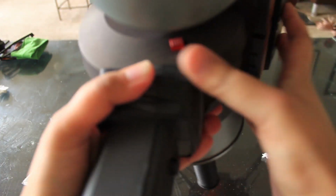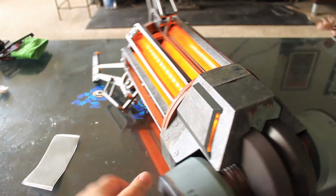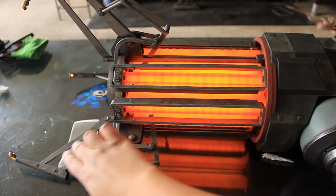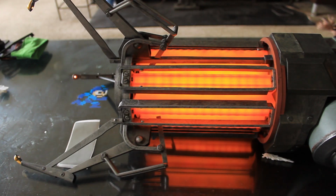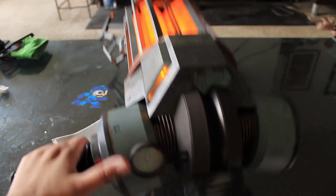There's an on switch back here. Oh! Everything's on. Now the effect is pretty cool, I won't deny. Much like the portal gun, it's neat when it's on. You get all the details, like if you notice all the little lights are also on the claws, so that's kind of neat. Now it says a two-triggered process with this